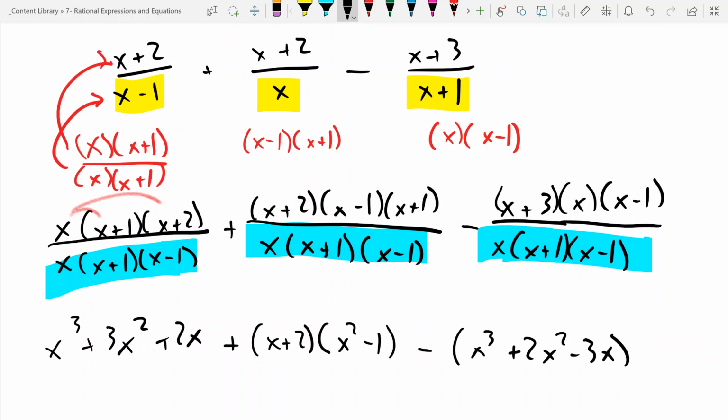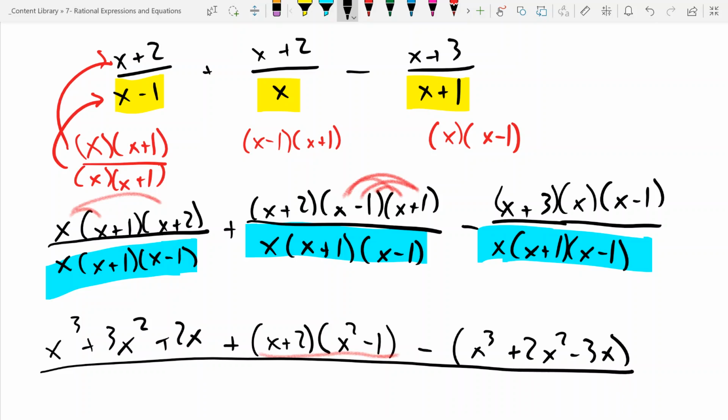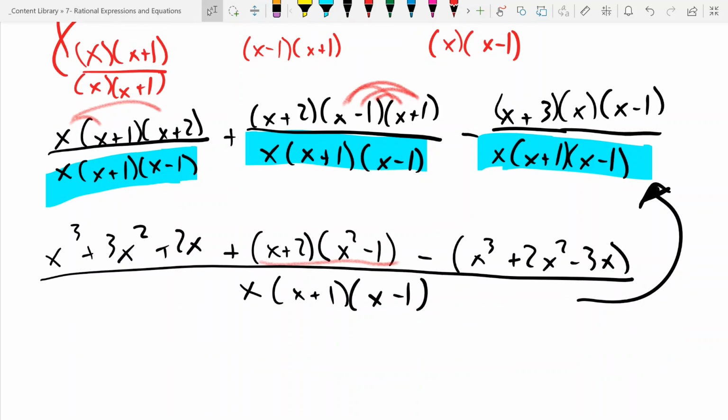I did this one in 2 steps because I did this part fully. I did all the expansion, and then I'm going to do the expansion again in another step. The denominator now is going to be all over x plus 1, x minus 1, because that's what the denominator was here, the common denominator. So now I'm just going to flip this out. I'm going to erase this and write what the final form is. It's,